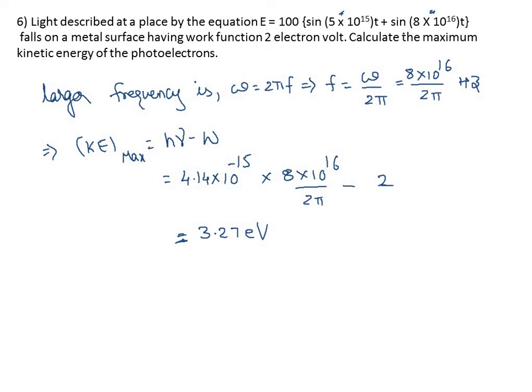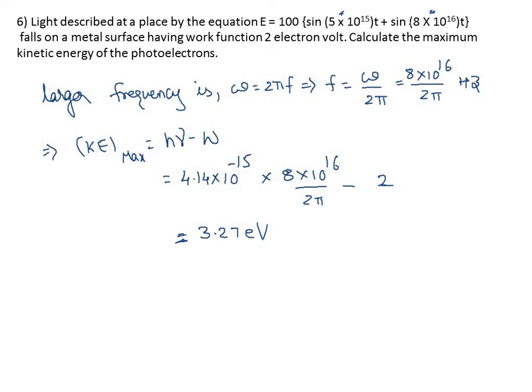That's it, right? Both these are. Now the frequency which has a larger value will cause the photoelectrons with the largest kinetic energy. That's it, right? E equal to h nu, and from there we are speaking about it. So greater the frequency, the greater it will be. Out of all this, the larger frequency is omega equal to 2 pi f, and from there f equal to omega by 2 pi.